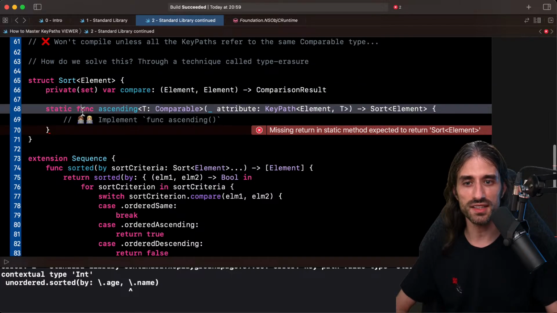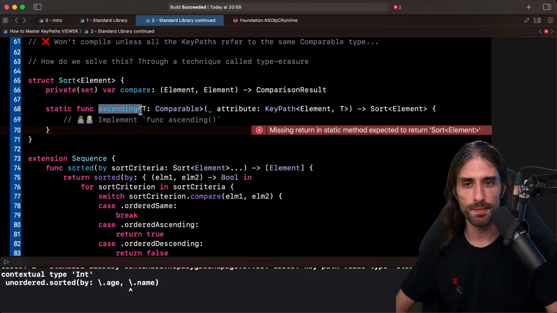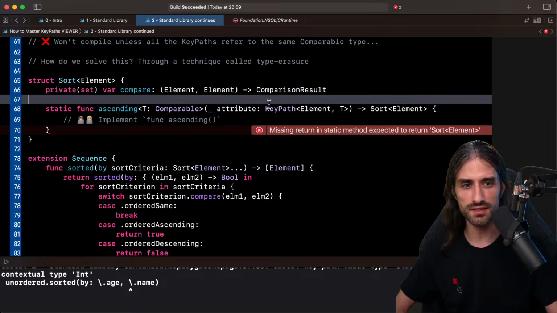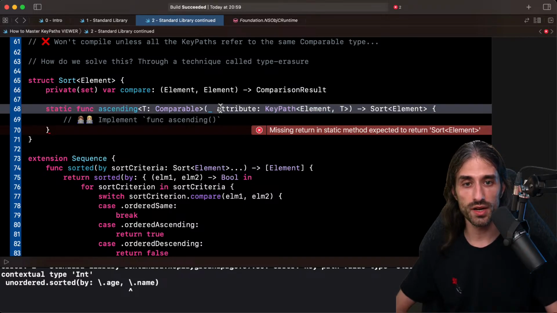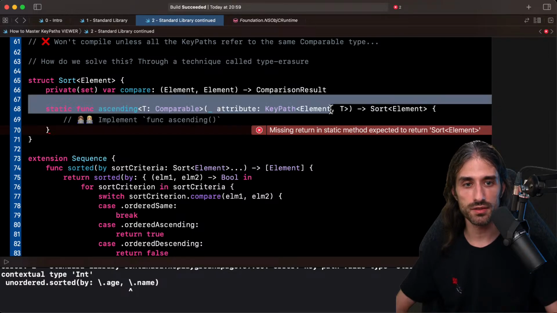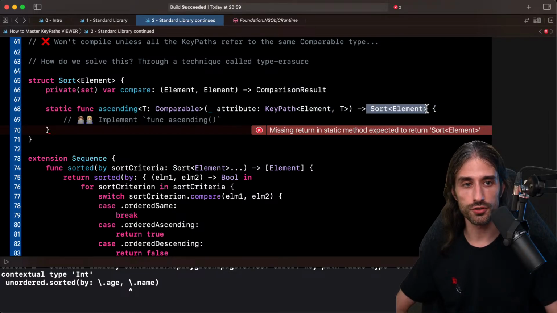And I'm creating a static func that I will be able to call on my type that will return an ascending sort. And so I want to pass it a key path to an attribute of my element, and it will return me a sort. So something that can be called with two elements.